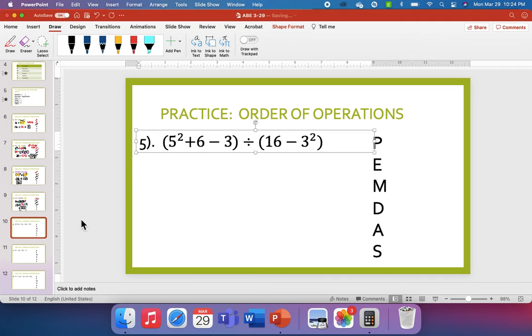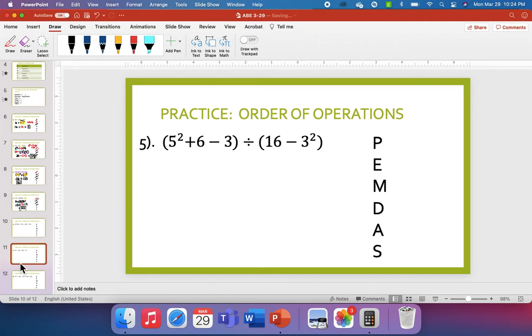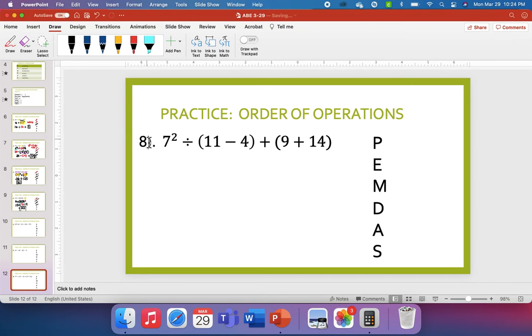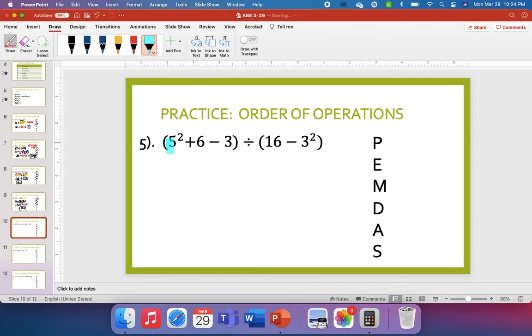Okay, so now what we're doing is I believe we're on 5, 6. Sorry, I just need to change my numbers. But here for number 5, this one's interesting. Notice I have 2 parentheses that I need to simplify. Now, if I look at the 2 parentheses, you want to be careful with this because I'm going to go